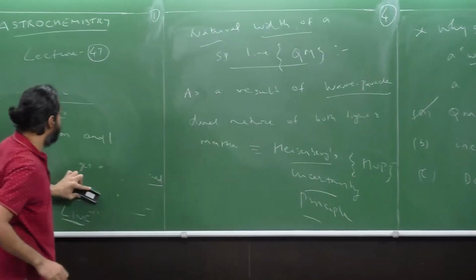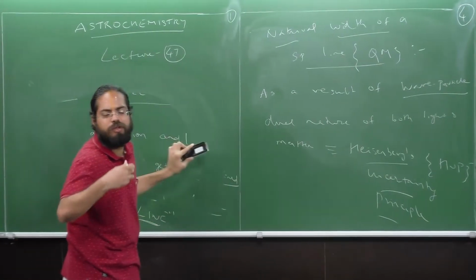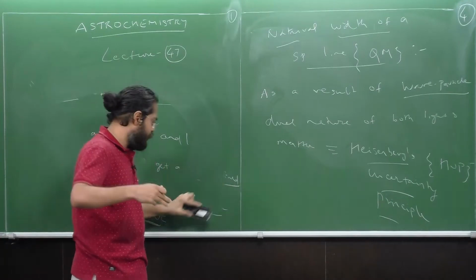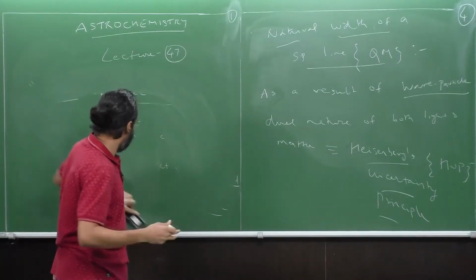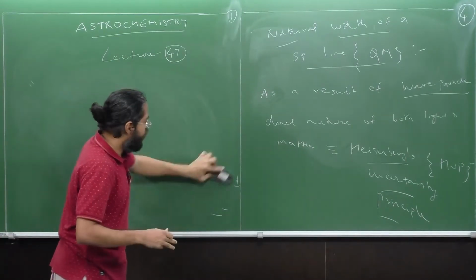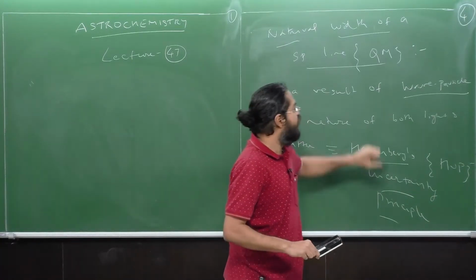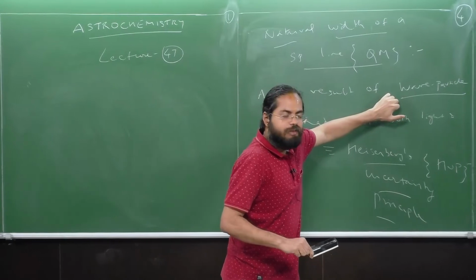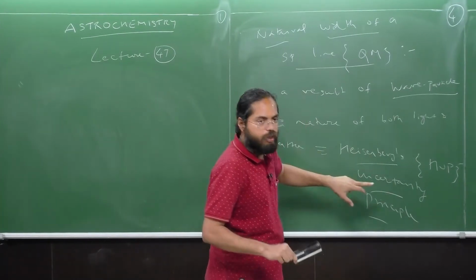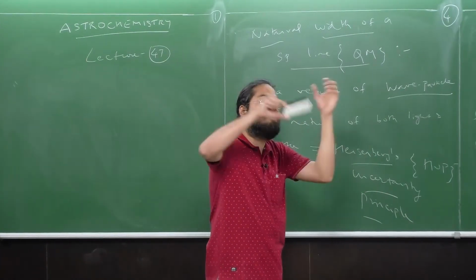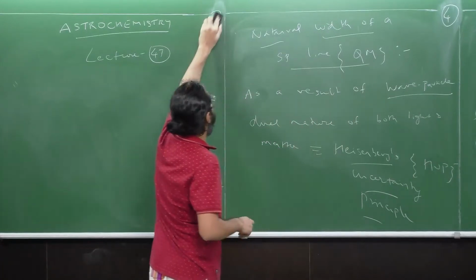What does the Heisenberg uncertainty principle say? I don't care about the mathematical formulation for our purpose. What we are going to be worrying about is rather the understanding of the principle, such that the wave-particle nature is what is responsible for it overall, and how that leads to a width to a spectral line. This is going to be page 4.